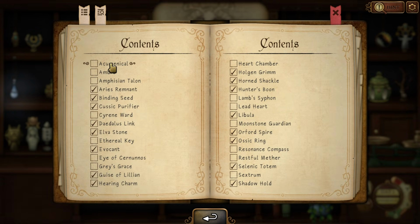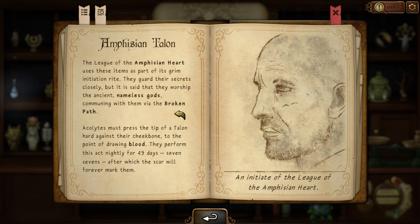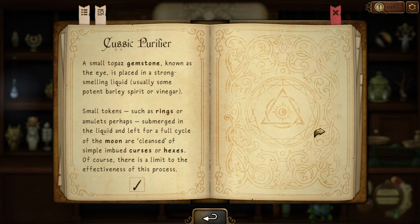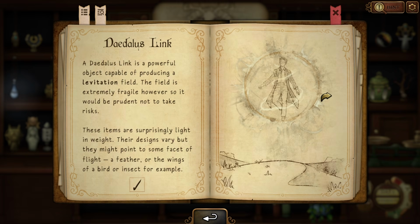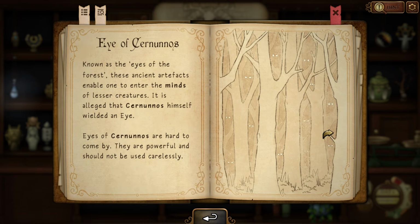All right, well, I mean, do we just look at every single one? A receptacle to aid in recollection. An ambra causes mental fog. This is the broken path. Use these items as part of initiation rite. Drawing blood, no. Colors and sounds. Low light conditions, the binding seed, form of punishment, the purifier, no. The basilisk, permit the bear to withstand fire and flame. Dataless link for levitation. Elva stone, also no. Ethereal key, hidden from prying eyes. An evocant. This does, oh, for a coma. The eye,